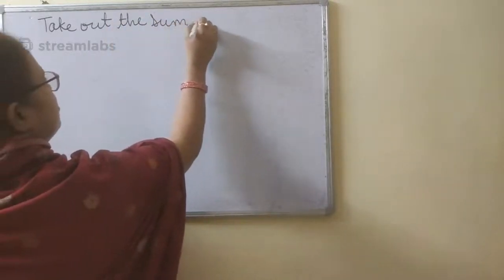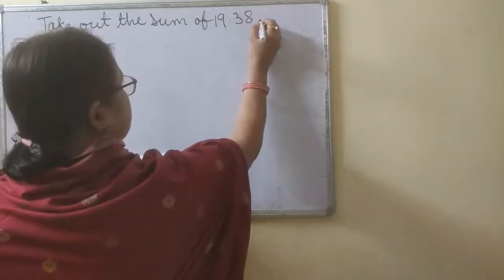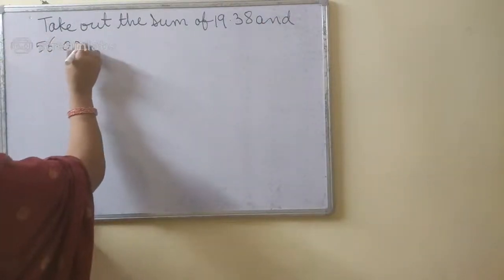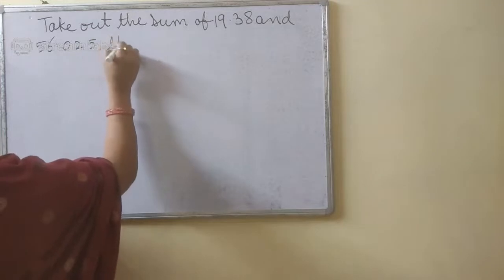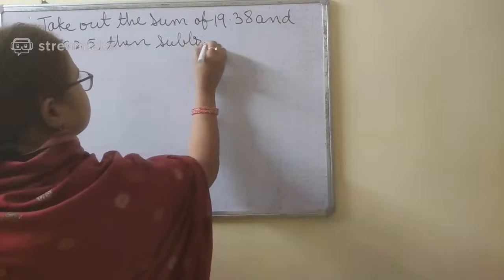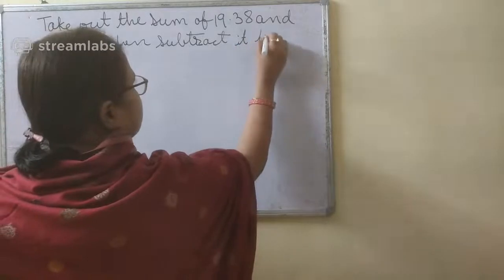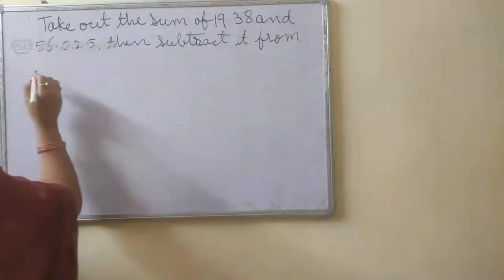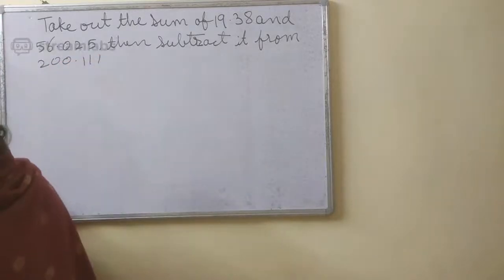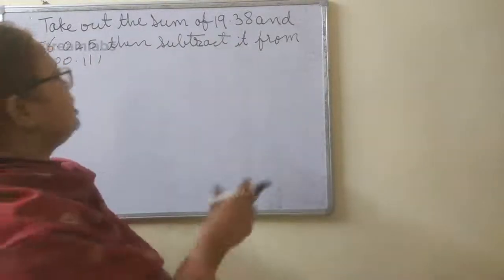Sum of 19.38 and 56.025. Then subtract it from 200.111. Okay, so this is the question: take out the sum of 19.38 and